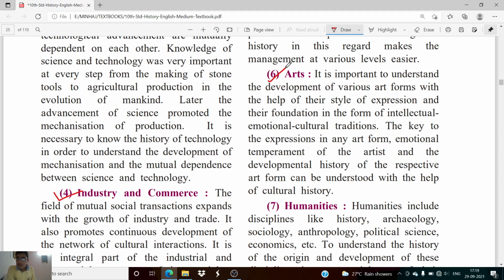Now, this is also one of the important fields of research, that is art. अब बहुत सारे आर्ट फॉर्म्स इवॉल्व हुए हैं। एंशियंट टाइम में जो आर्ट के फॉर्म्स थे वो डिफरेंट थे, आज के टाइम में जो आर्ट फॉर्म है वो डिफरेंट है। कंप्लीटली हम देख रहे हैं कि आर्ट चेंज होता जा रहा है।